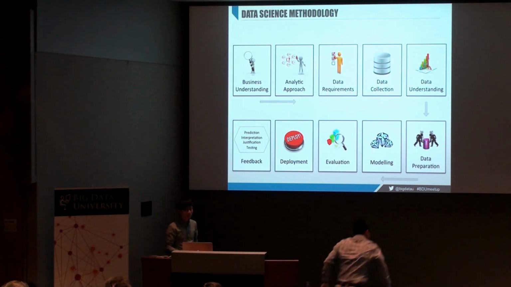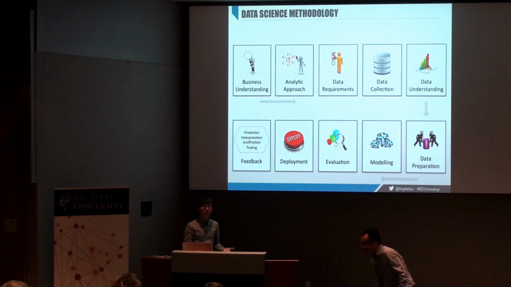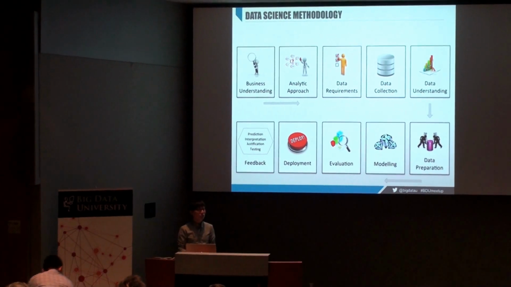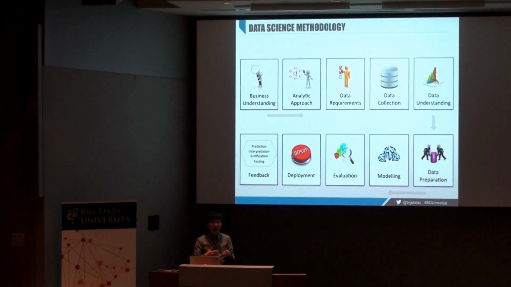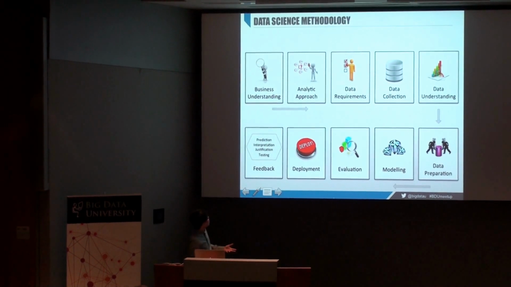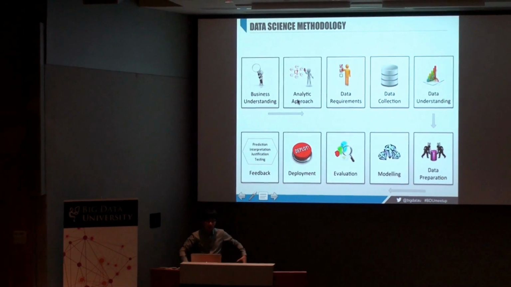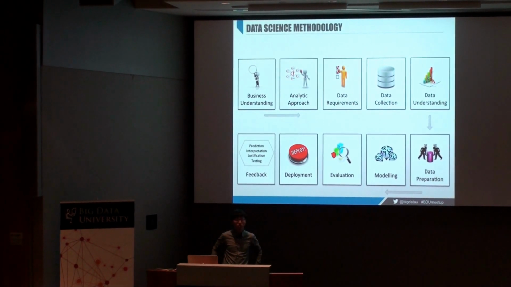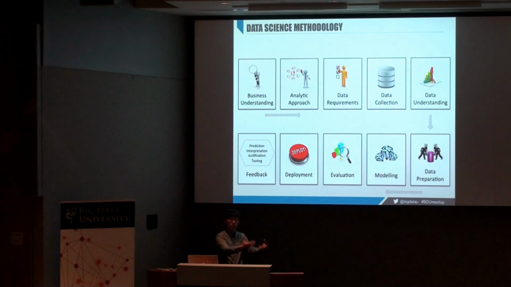So one of the focuses of data science is an understanding of all the algorithms needed to better understand your data, to better analyze your data. Okay? So there are multiple different algorithms that you can explore in this analytic approach step. And if you don't have this kind of toolkit of all these models that you know of, then how are you going to present your idea to perhaps a manager and say, oh, what if we did this algorithm to the data, and so on? So there's lots of different algorithms and lots of different ways in which you can create a model to analyze data and to get some sort of insight from it.